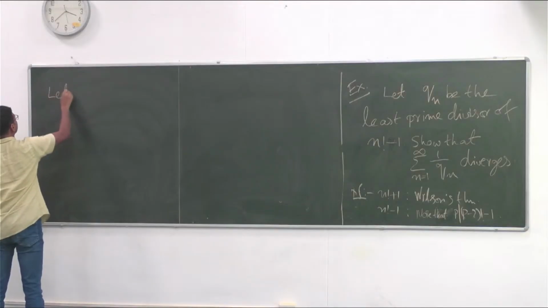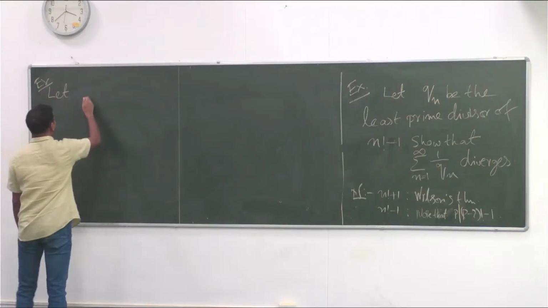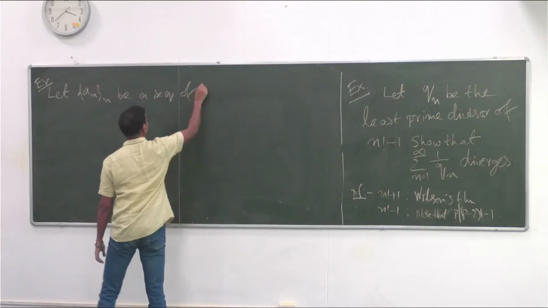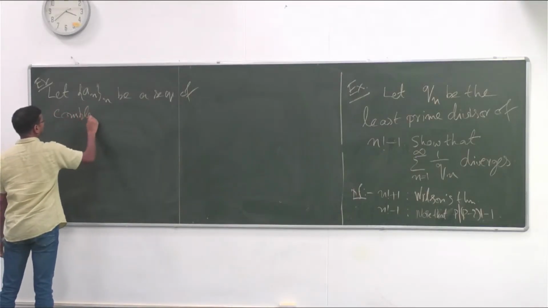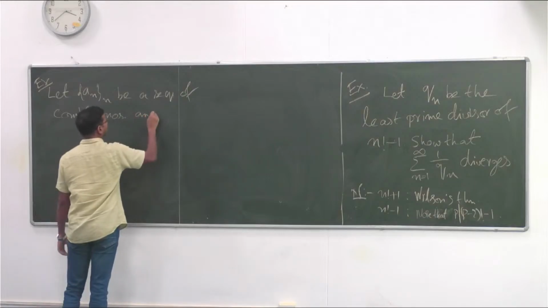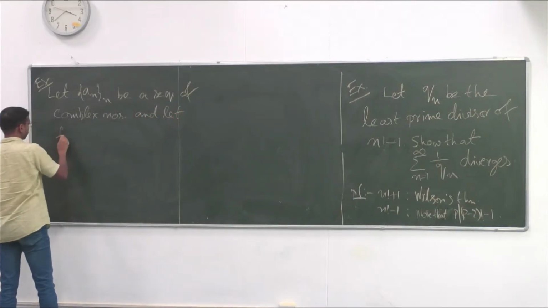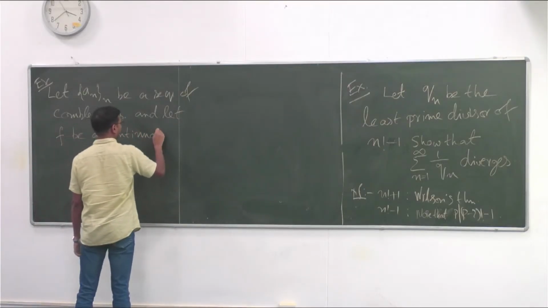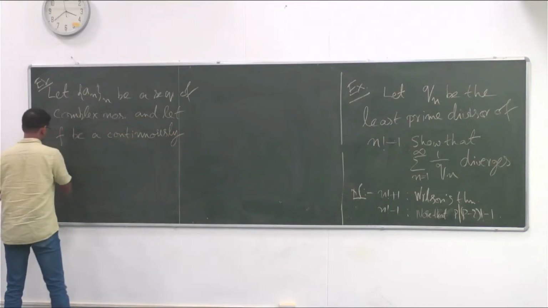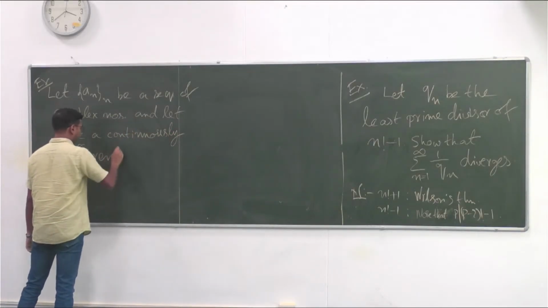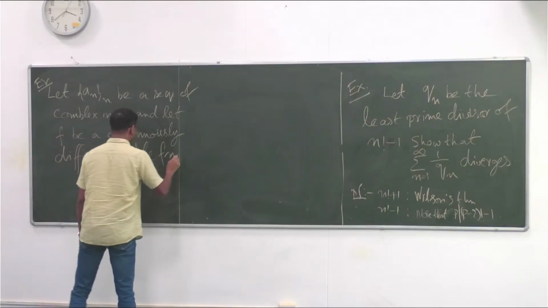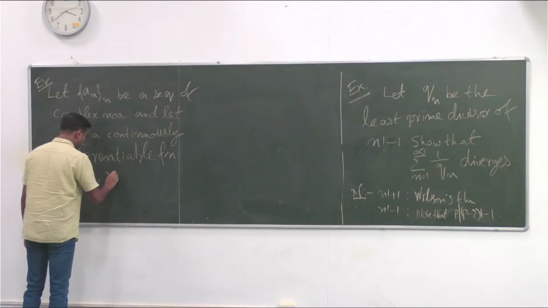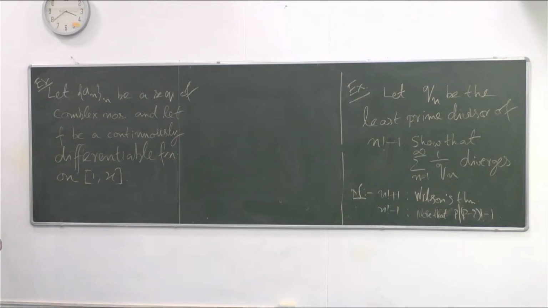So let an be a sequence of complex numbers and let f be a continuously differentiable function on 1 to x. Okay. Show that